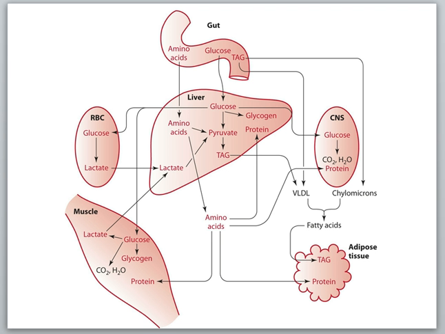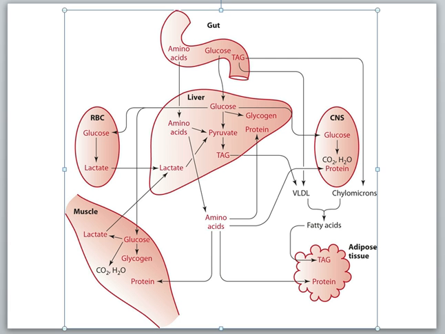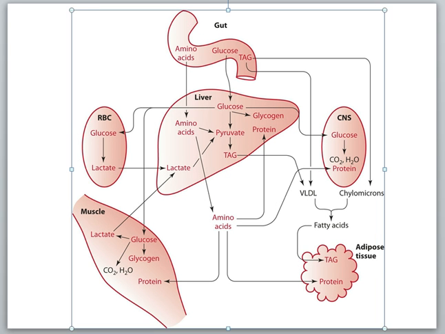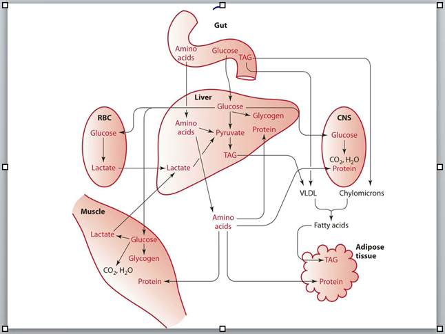This figure is an illustration kind of showing how things happen in the fed state. So when we eat, of course, the food goes into our gut, into our gastrointestinal tract, where we know it's digested and then absorbed from there. So theoretically, we could have amino acids from protein, glucose from carbohydrates, and triacylglycerols from fats. Now, of course, any given meal might not have all of those, but we'll kind of look at what would happen if all of those were in the system.